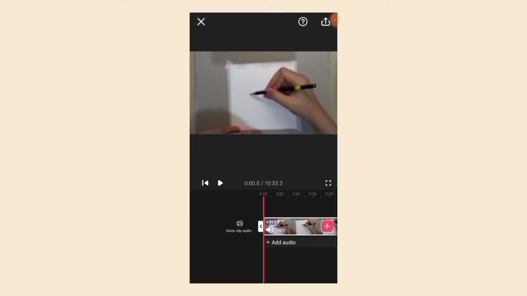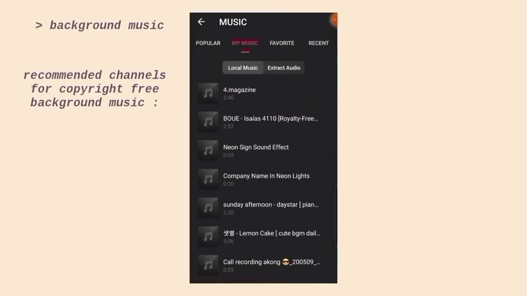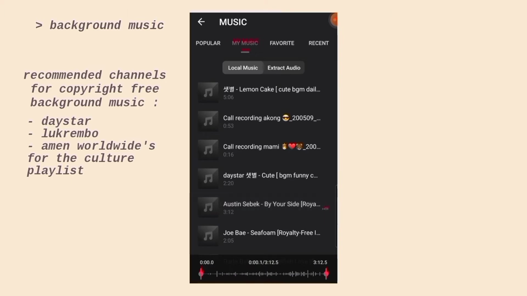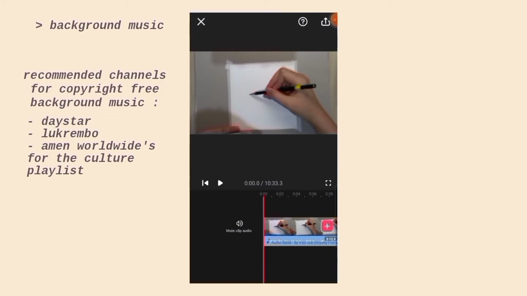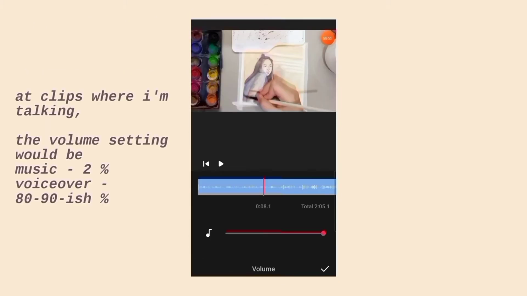Anyways, I like to add background music to my speed paint, so here in the screen I'll show you guys my recommended channels on YouTube for copyright-free background music. Basically, I just download their free-to-use tracks on links where you can convert them into MP3, and then apply it to the video using the same way as I have applied the pre-recorded voiceover, which I've shown you guys before.